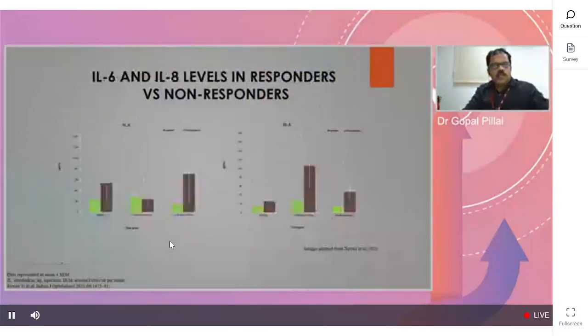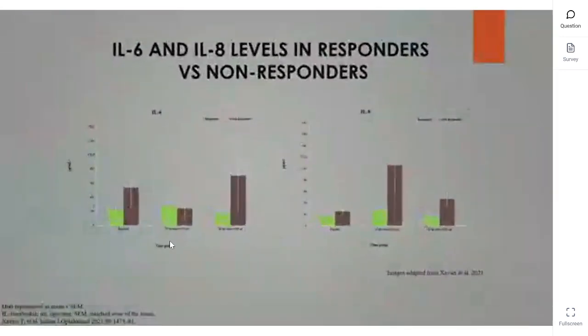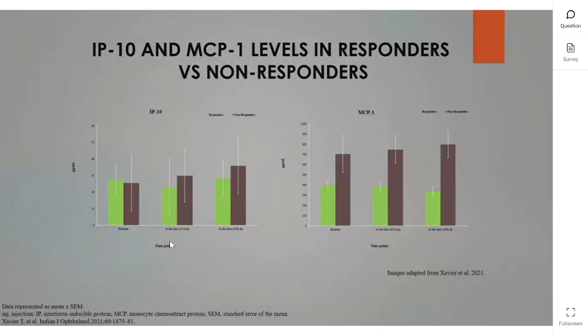So now coming to each of those significant things like IL-6, you can see the increase in the IL-6 between the responder and the non-responder. The non-responder's IL-6 levels were very high. This is again the IL-8. You can see that the non-responder IL-8 levels were very high by the 3rd month, which reduced slightly by the 6th month. IP10, you can see that there is a slight increase in the non-responder group, whereas MCP1 showed a significant difference between